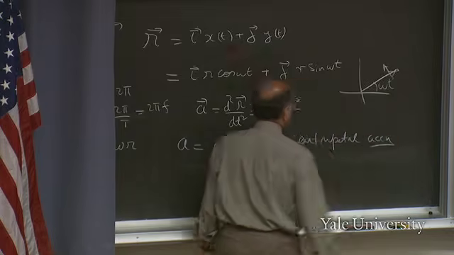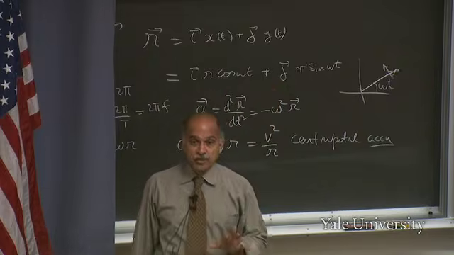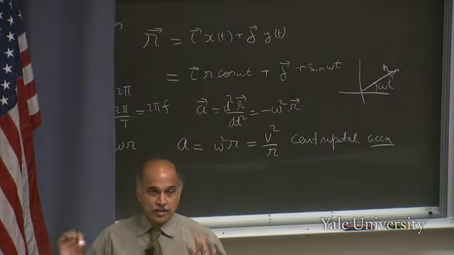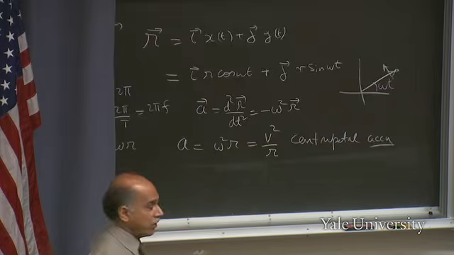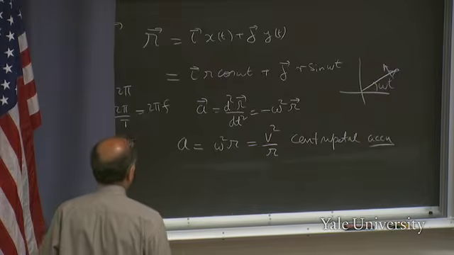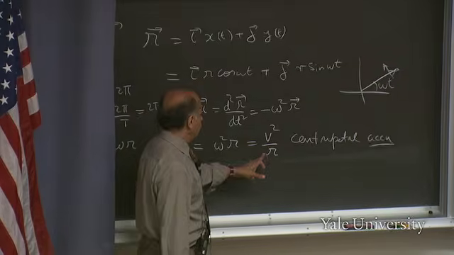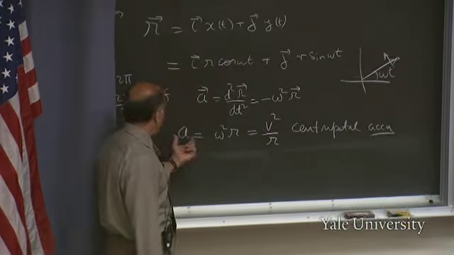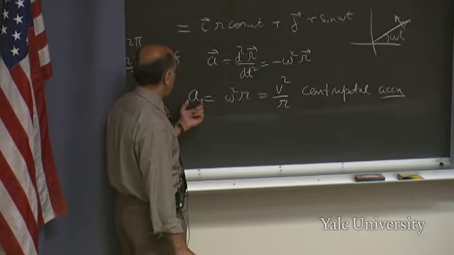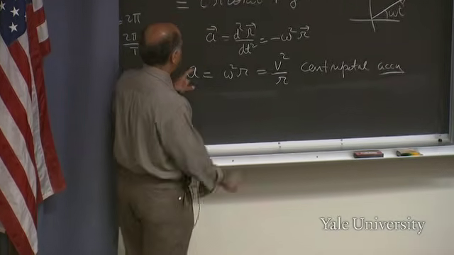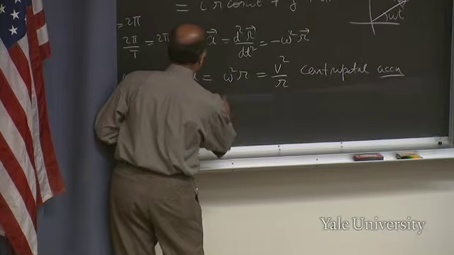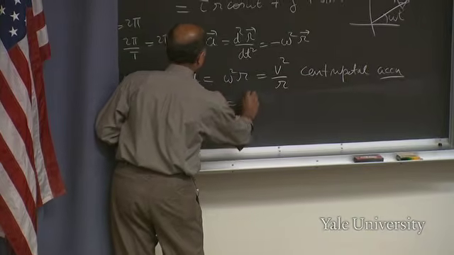This is the acceleration directed toward the center, and I told you this is a very important result. You got to get this in your head. Whenever you see a particle moving in a circle, even if it's at constant speed, it has an acceleration, v squared over r, directed towards the center. This formula doesn't tell you which way it's pointing because it's a scalar, it's not a vector equation. If you want to write it as a vector equation, you want to write it as v squared over r